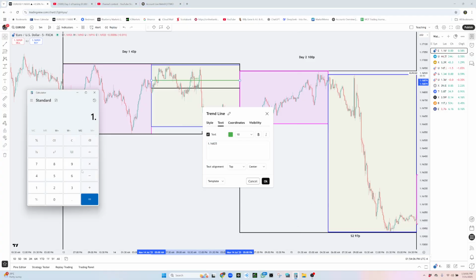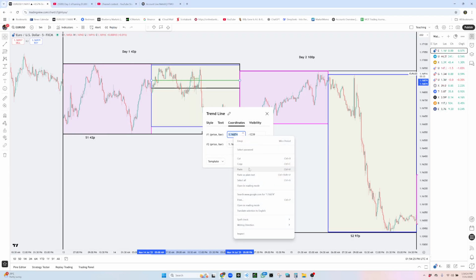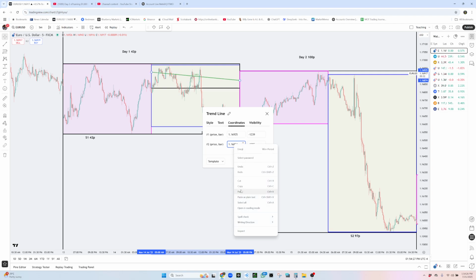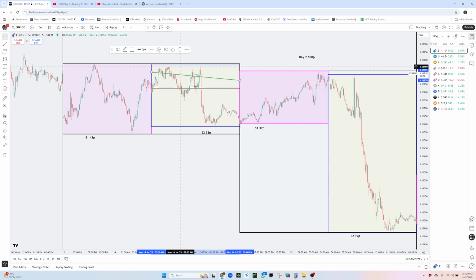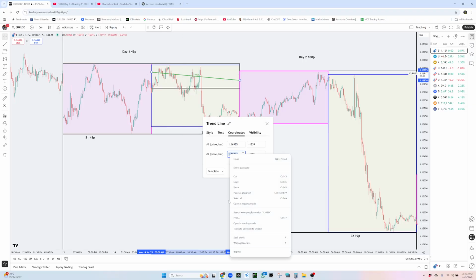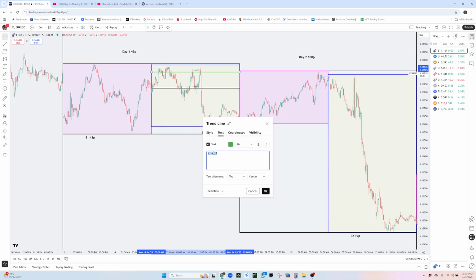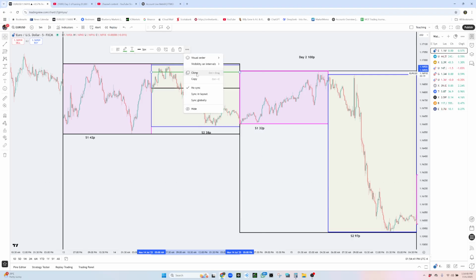So we're going to take 1.16825, and we're going to add, since we're trading Euro USD, 0.001. That's going to give us 1.16925, and then we're going to keep on building it like that. Let's throw that, paste, paste. That's going to give us 10 pips above. Paste it, paste, and then I'm going to change the title of this one. There you go, paste, and then we're going to do the same thing, but for bearish,